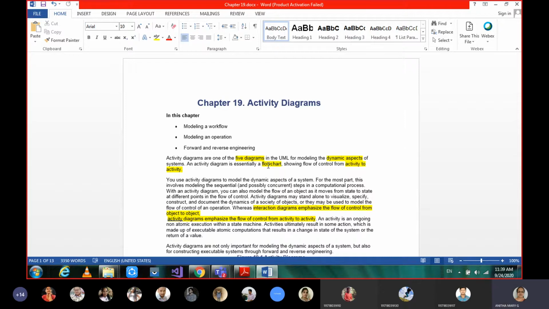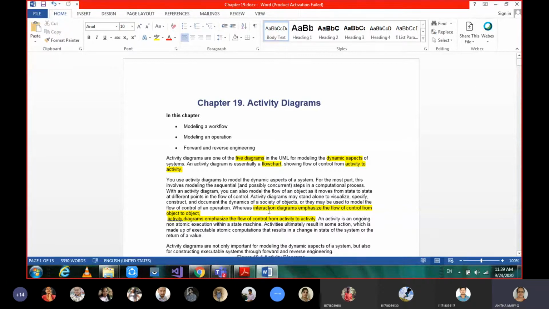In UML they are called activity diagrams. It gives the flow chart, how the flow control is transferred from one activity to another. At each state, what is happening and what control is transferred to the next one.